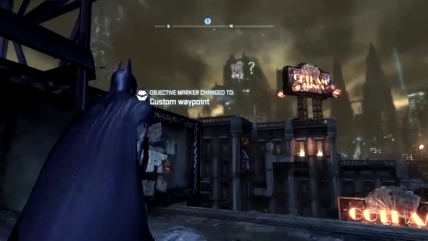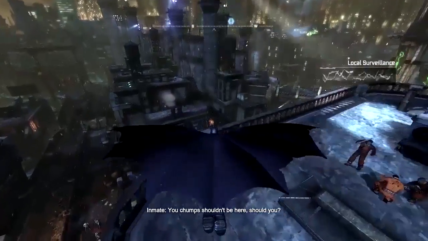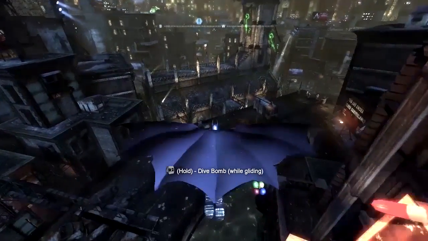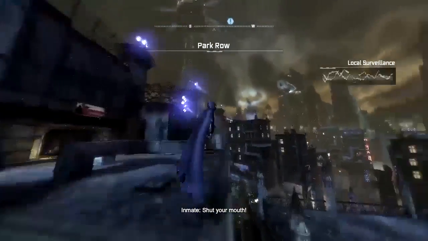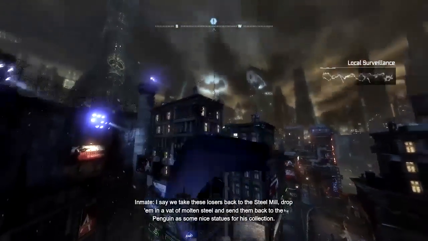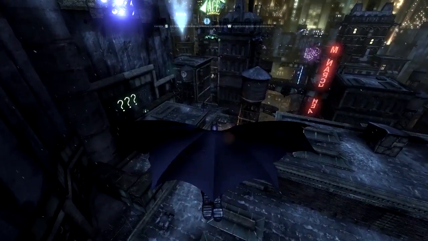So what are we doing now? We are now going to do the Hush side quest. I think this is the last side quest we need to do. And run away. Don't want to fight enemies. And we are heading to the first murder victim spot. Sorry about that. Anyway, we're going to be heading over to the first crime scene,